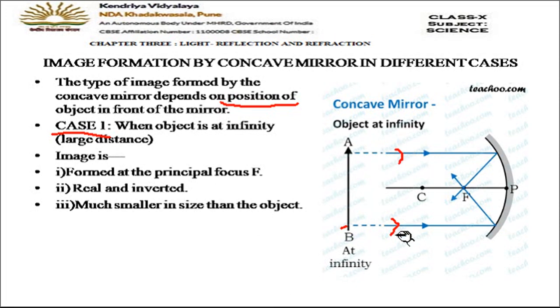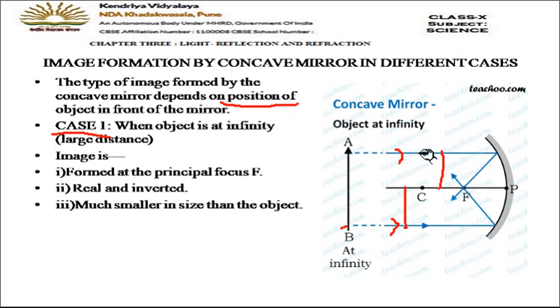And now these 2 parallel rays. I already told you that while drawing the ray diagrams we only have to choose 2 rays. Using 2 rays you will draw the ray diagrams and find the point where the image will be formed. So now these 2 rays are coming. Now when this ray strikes the mirror, here we can apply rule number 1, that this ray is parallel to the principal axis. You can see here the distance. This is parallel. And if you see this second ray, this is also parallel to the principal axis. So these 2 rays are parallel.